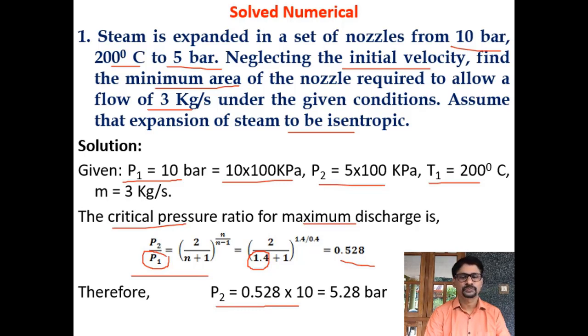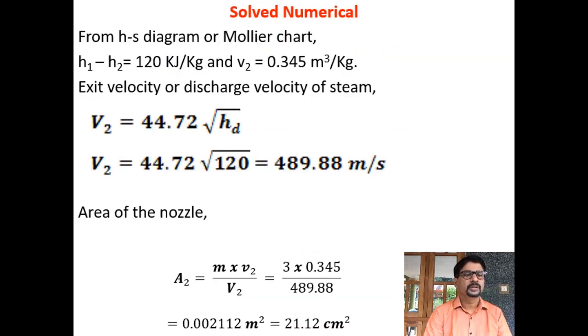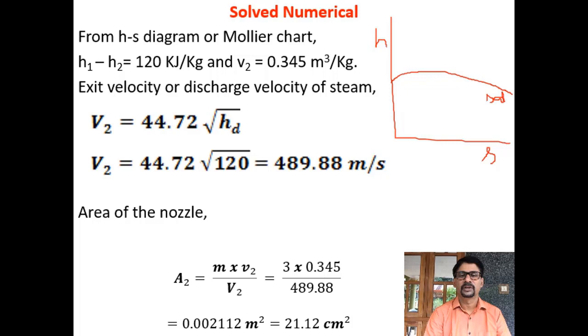Now go through the Mollier chart to find out the enthalpy at various points. Now let me draw the enthalpy chart for you, which is nothing but the Mollier chart, the enthalpy-entropy diagram, or HS diagram. Now suppose I draw this as the saturation line, okay, so this is the saturation line. I'll write just SAT for your understanding.